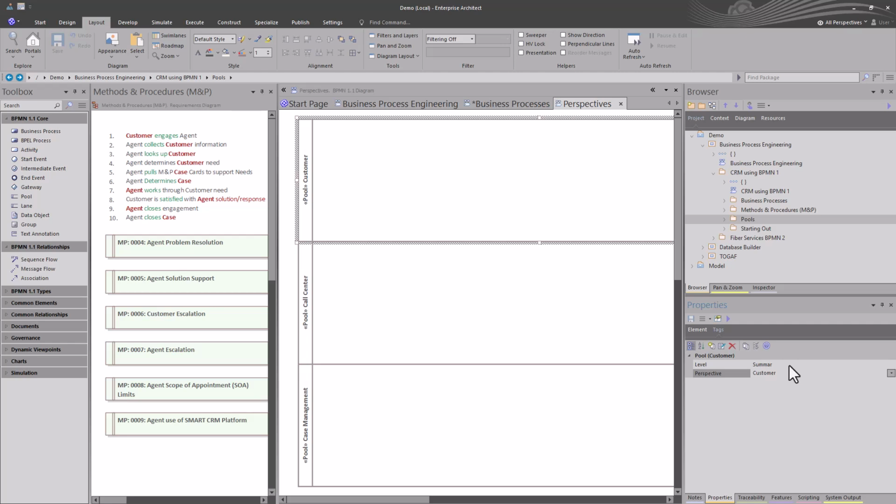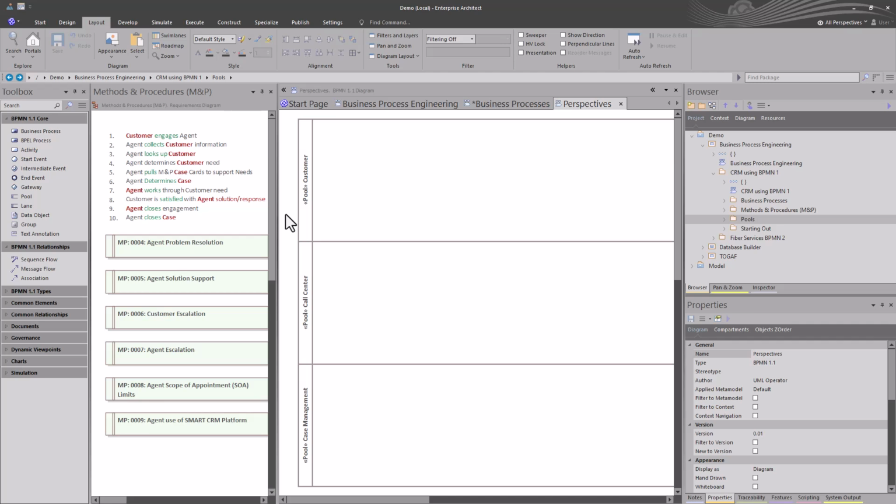You could have a customer pool, of course, a separate GUID, that would be from an agent's perspective. And the same thing goes with call center. You could have whatever the support center, support environment is. You could have a pool separate from the customer's perspective or even the case management perspective. So you start with the primary perspectives when you're laying out the pools, the participants, so that you're able to